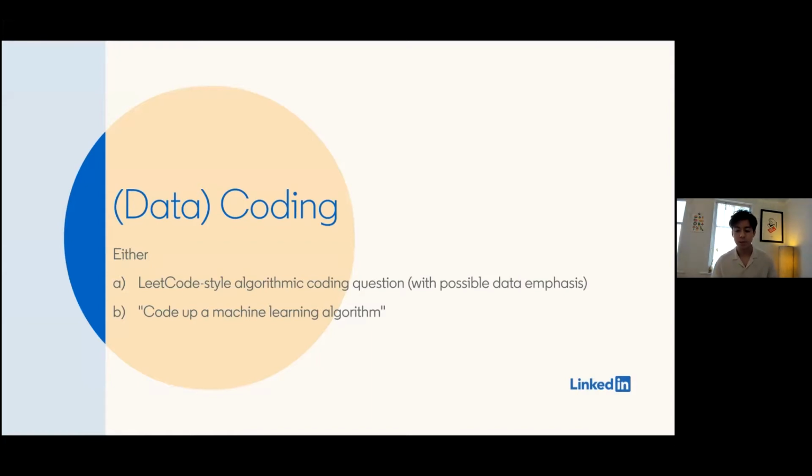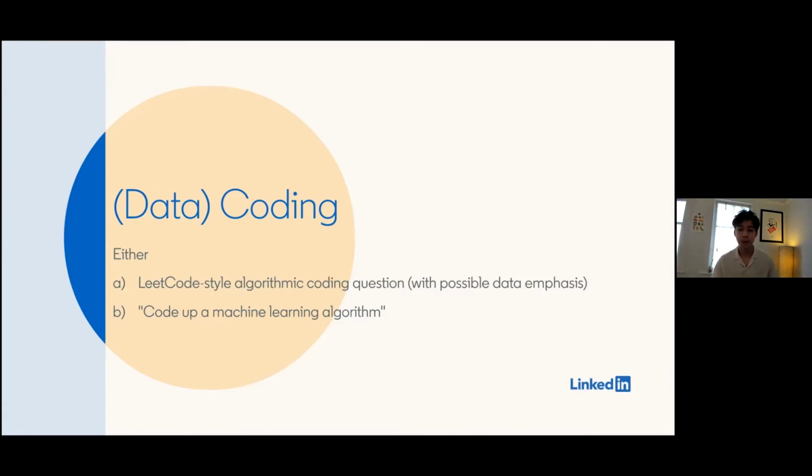So a classic coding question, except that we might lean a little more heavily on the kinds of concepts that you would be expected to know for a machine learning or AI position at LinkedIn, like basics of probability or matrix and vector algebra and so on. But again, the focus in this type of question is on writing an algorithmic solution to some kind of technical question in a language of your choice. So that's one possible format for this part of the interview.